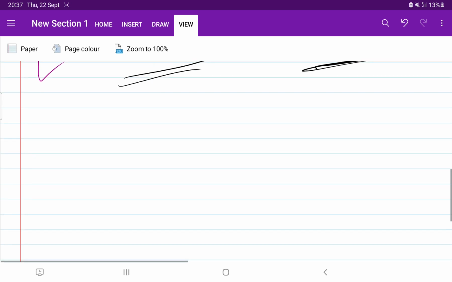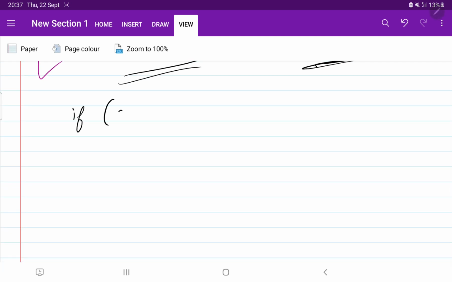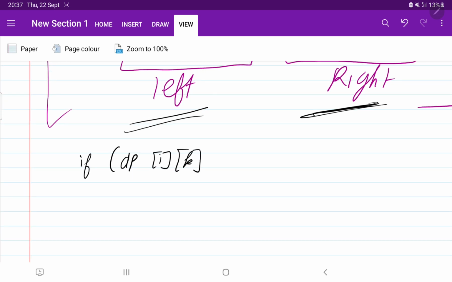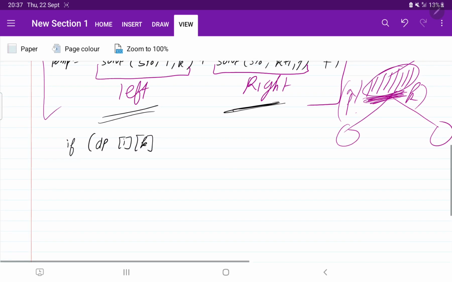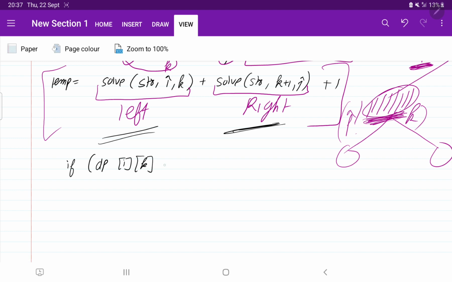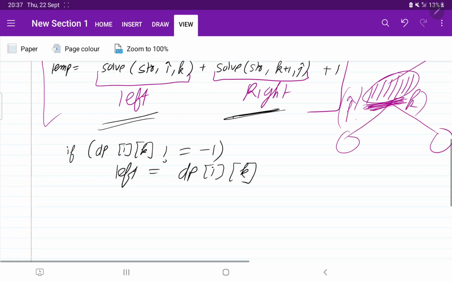We are going to apply the condition: if dp of i, k is not equal to -1. First we checked from i to j, but this time we are checking for the left. If this is not equal to -1, it means the left part is already solved, so left will be equal to dp of i, k. Perfect. So we have used the value directly instead of solving.